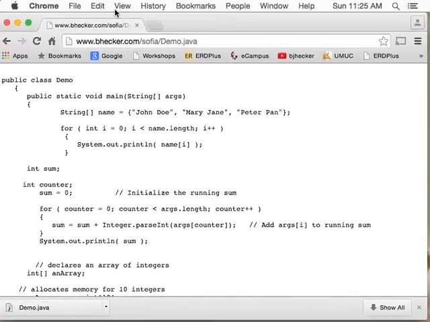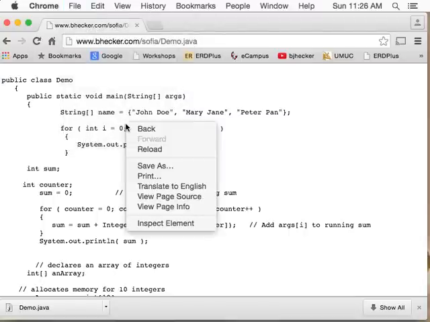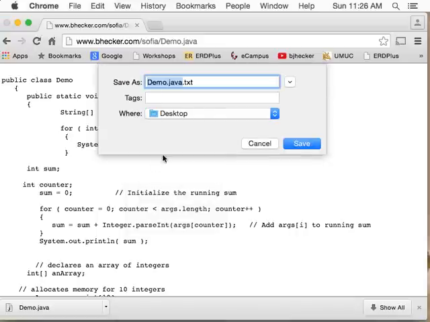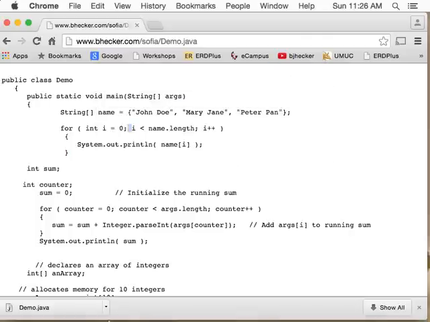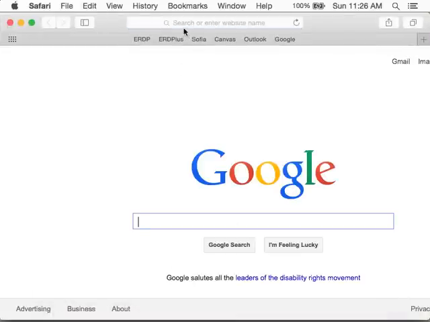If I'm in Chrome, I'm going to File, and I'm going Save Page As. In Chrome? I don't know. If you right mouse click, you can go Save As. Save As? Yeah, but take the .txt off of it. Sophia? Did I misspell it? No, I got it. Oh, if you're in Safari, let's see. I'll do it in Safari. Where is Safari? If I'm in Safari, I'm going to go to